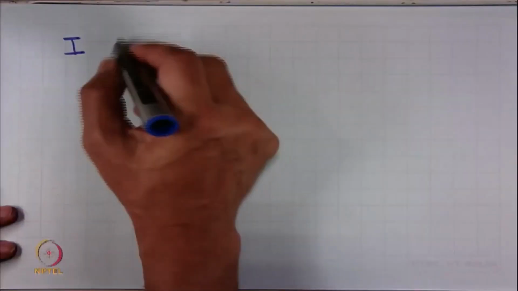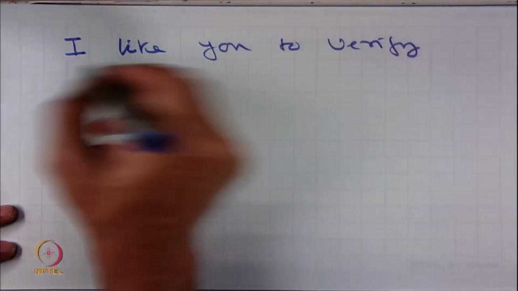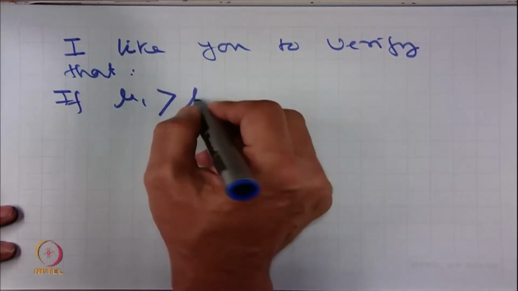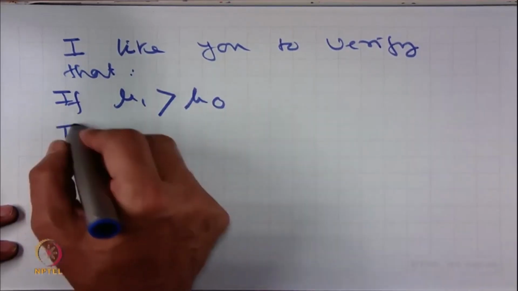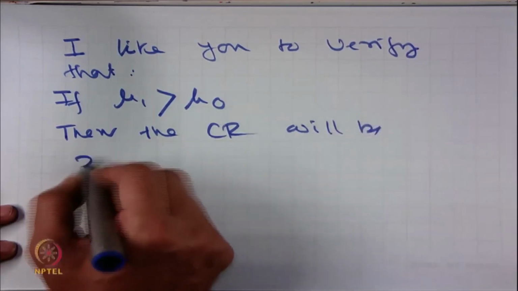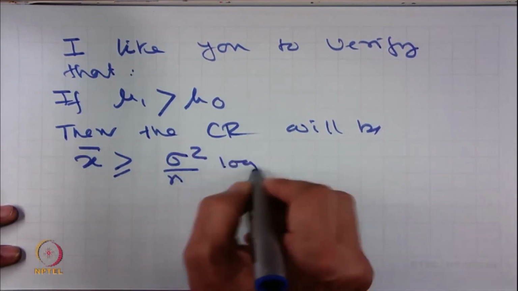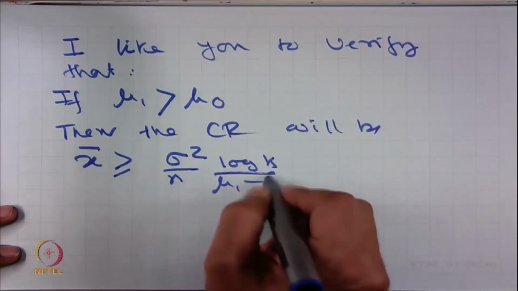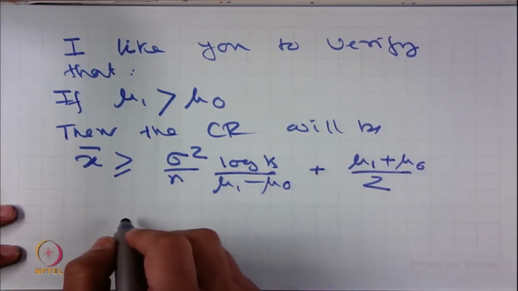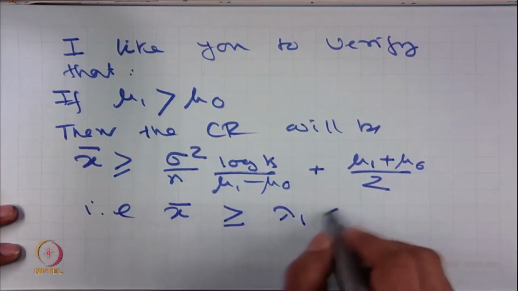I would like you to verify that if mu 1 is greater than mu naught, then the critical region will be x bar is greater than equal to sigma square by n log of k mu 1 minus mu naught plus mu 1 plus mu naught by 2, that is x bar has to be greater than equal to lambda 1, which is a constant,